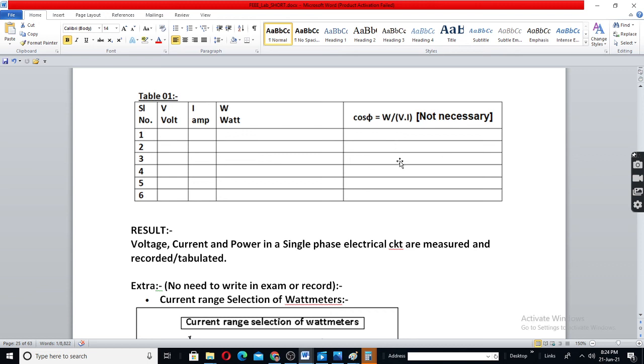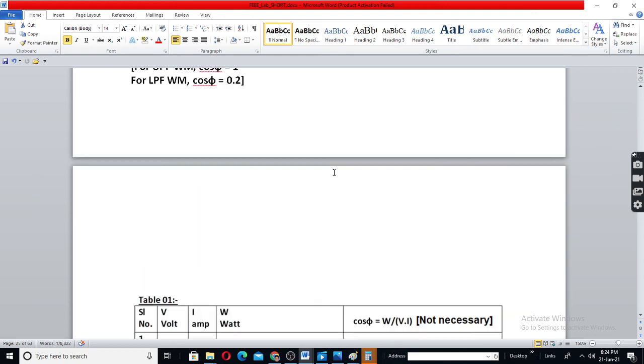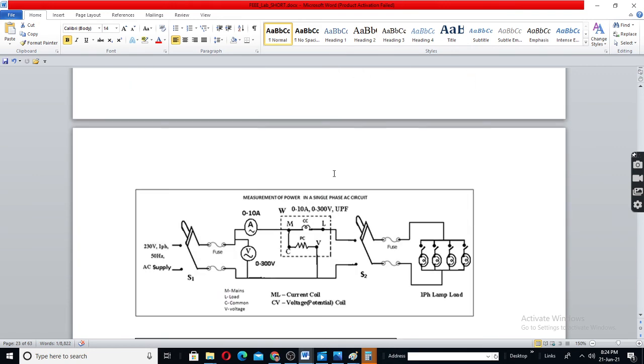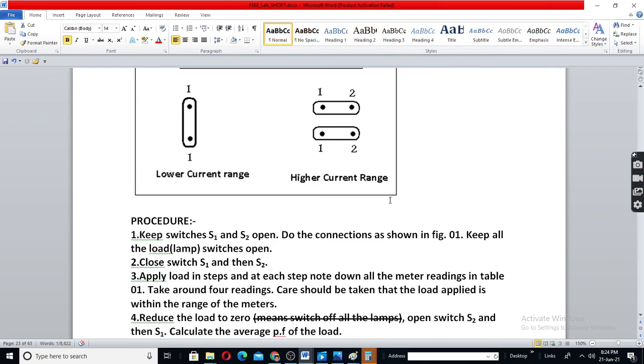Actually, for a resistive or lamp load, we should get power factor as 1. But there is no perfect resistance in the world. Each conductor will have some inductance. So the lamp also will have some inductance. So we will get power factor slightly lesser than 1, 0.95 to 0.99.